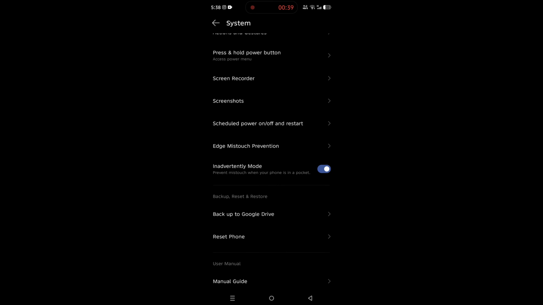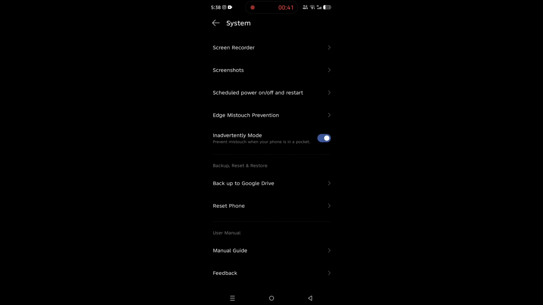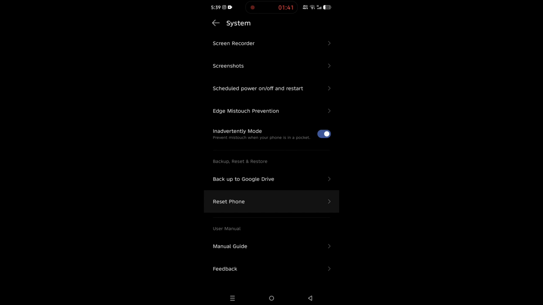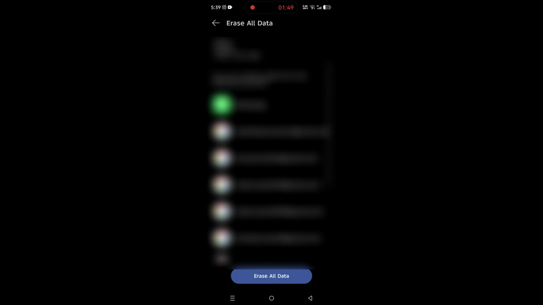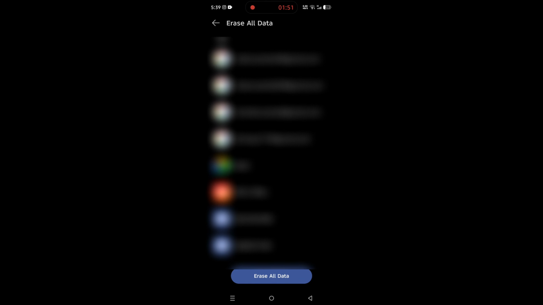Inside Systems, scroll down again. You'll see an option labeled Reset. Tap on that. Now you'll see a few different reset options. You can reset all settings, network settings, Wi-Fi and Bluetooth, or just accessibility settings. And at the very bottom, there's an option to factory reset your phone, which would wipe everything and make it